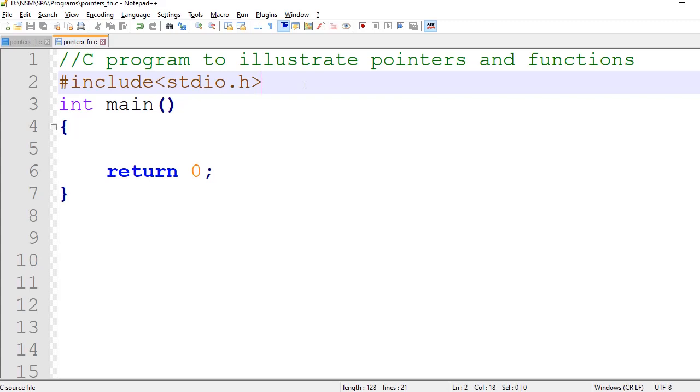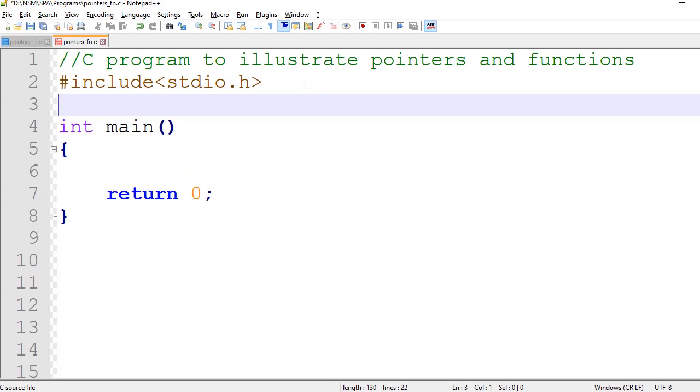We have already seen how we can pass simple data types to functions. Now pointers are yet another type that you can pass easily to functions in C. Let us see how we can actually do this. As an example, let us see a simple program which will have a single function which will contain a pointer